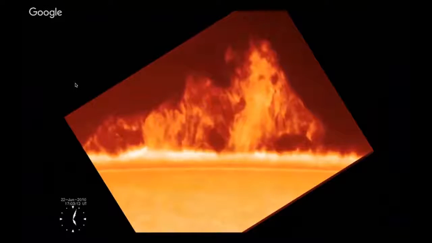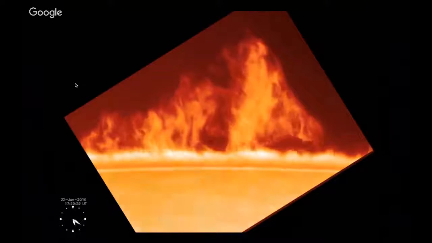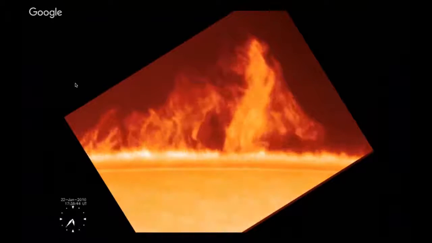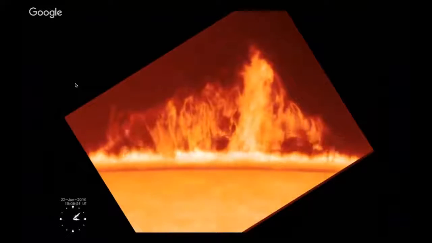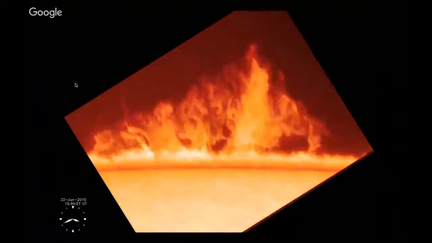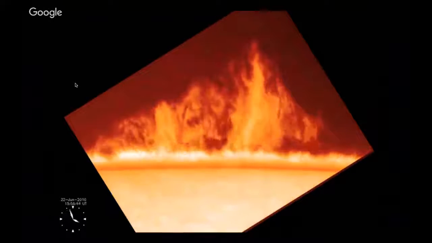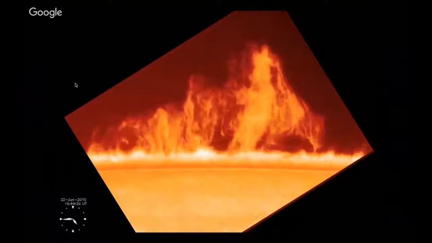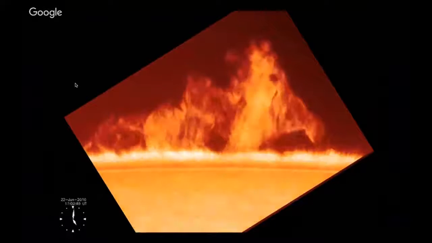So this is called a prominence, or it's also sometimes called a filament, because sometimes scientists are stupid too. Unfortunately, I hate to admit it, sometimes we are. People saw these things, some people called them filaments, some people called them prominences. They could never agree, so we call them both, which makes total sense. Anyway,